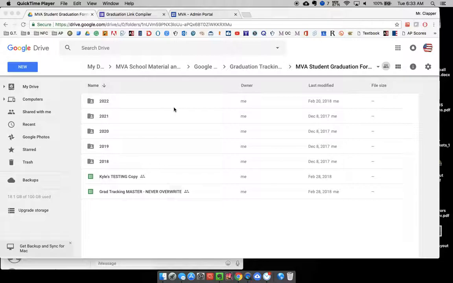This is going to be a short tutorial on how to create new tracking documents for graduation requirements. This process may change in the future, but right now it's pretty set in stone how the process will work. First step, you want to go to the graduation tracking folder